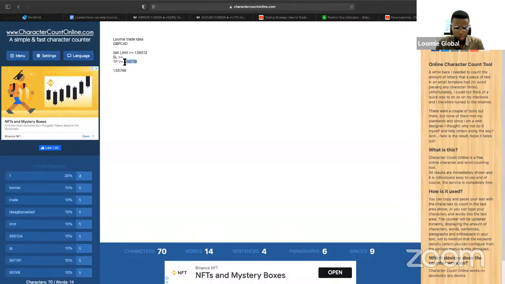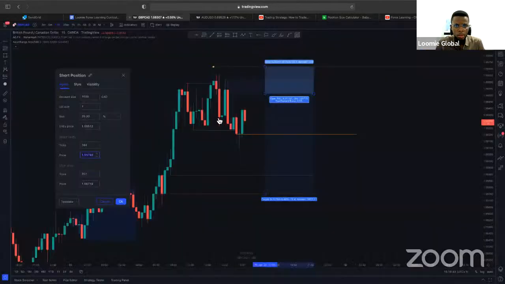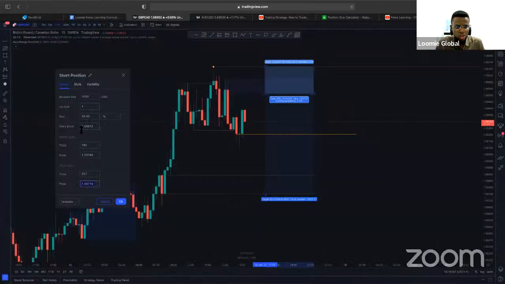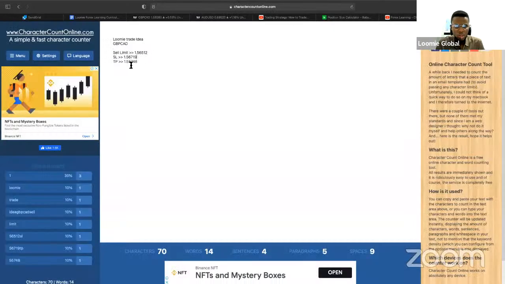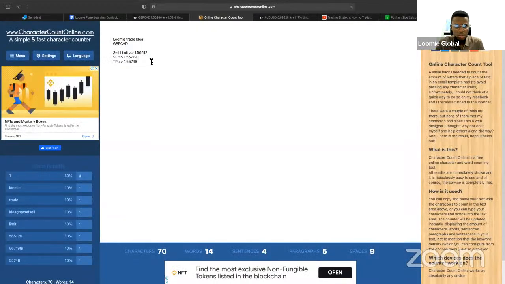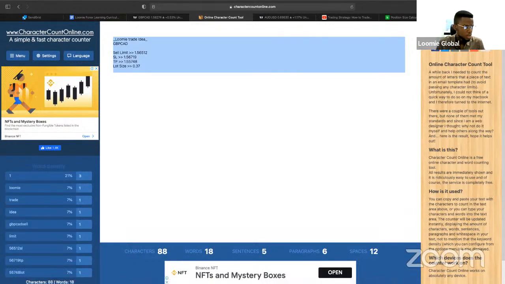This is the right take profit. So that one I sent there was the stop loss, not the take profit. So I'm putting this right here. Let me confirm the values again. Entry 56512, stop loss 56719, TP is 55748, and the lot size is 0.37. Good. So this is what we are working with. Okay, this is the zone.